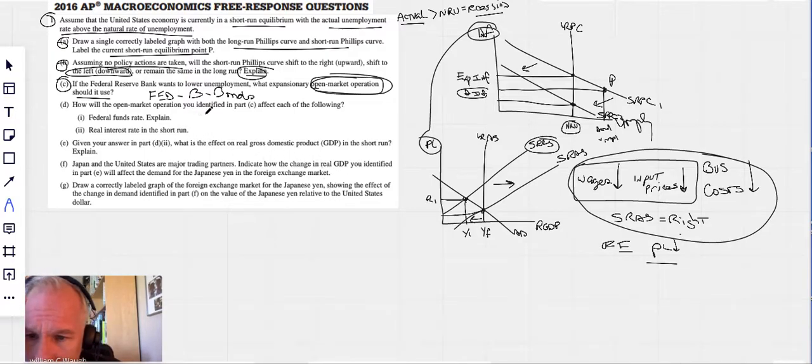How will the open market operation you identified affect each of the following? The federal funds rate and the real interest rate in the short run. Understand that your federal funds rate, we need to know what it is. And it is just a rate of interest that banks charge one another. So your federal,